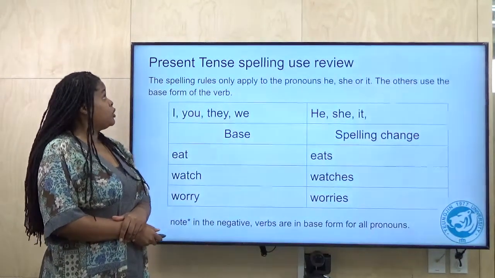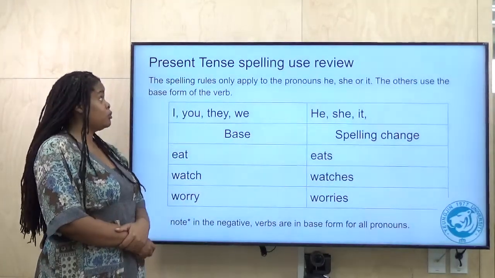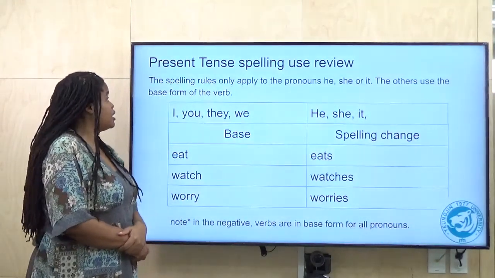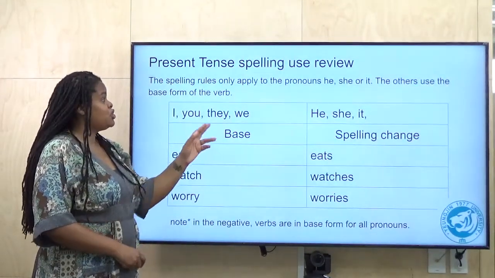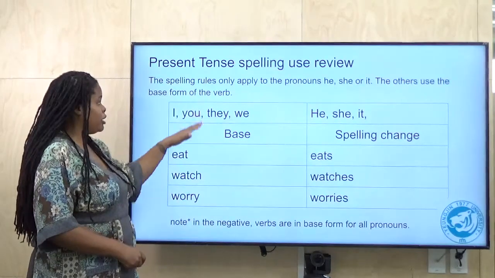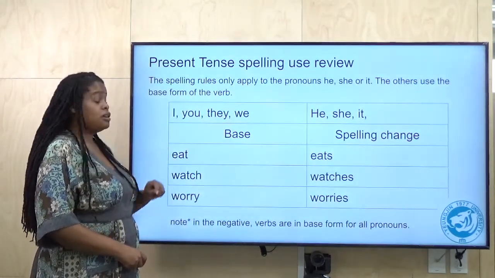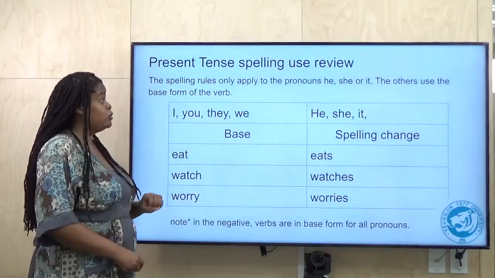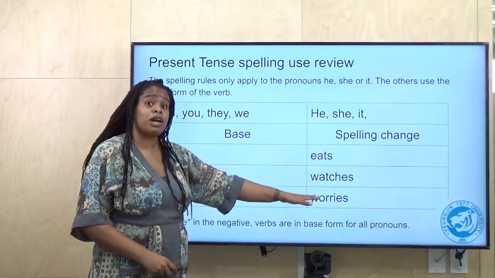Last week, we learned about the present tense. So here is just a review of the spelling rules for present tense. Spelling rules only apply to the pronouns he, she, and it. Everybody else will use the base. So I, you, they, we use the base form of the verb, and he, she, it follow the spelling rules